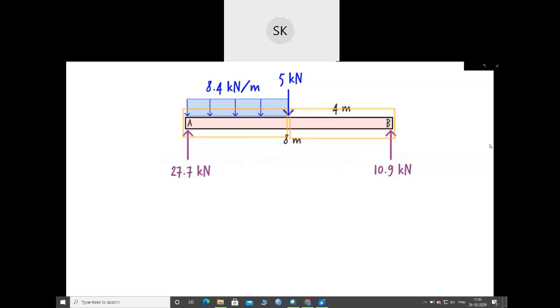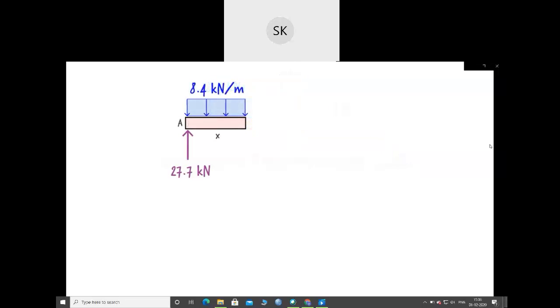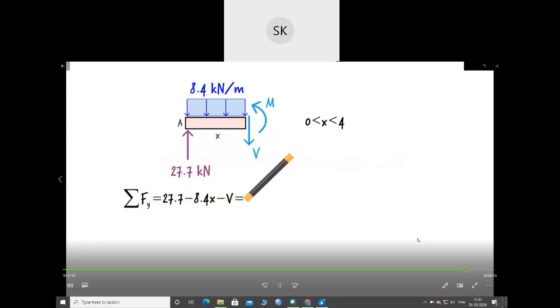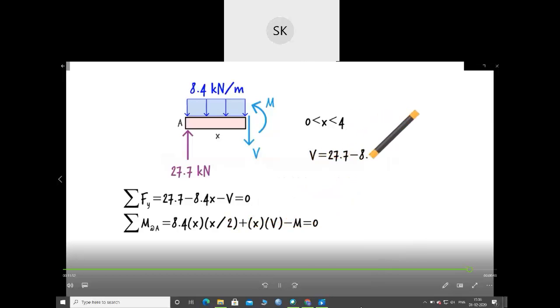To come up with the equations for the left half of the beam, we are going to cut the beam at an arbitrary point in the left segment. As usual, the shear and moment at the cut point are labeled V and M. The length of the segment is labeled x, which could take any value between 0 and 4. The resulting equilibrium equations are: solving these equations for V and M, we get the shear and moment equations for the left half of the